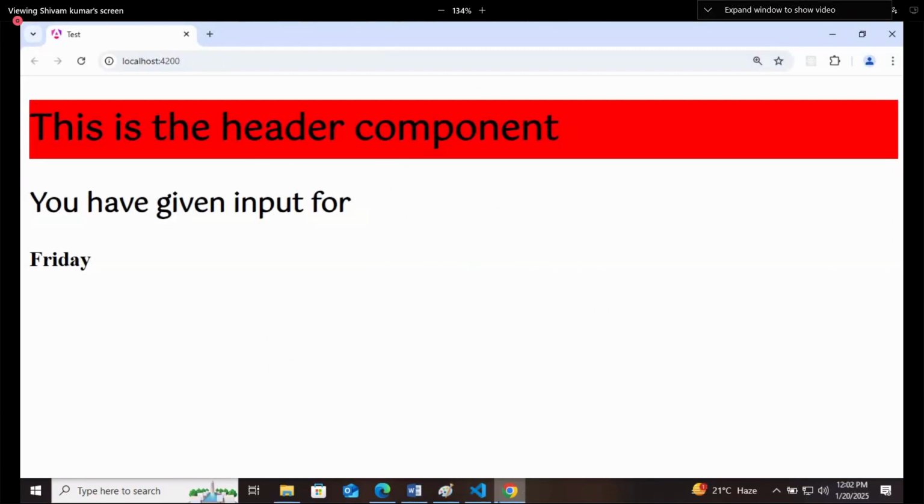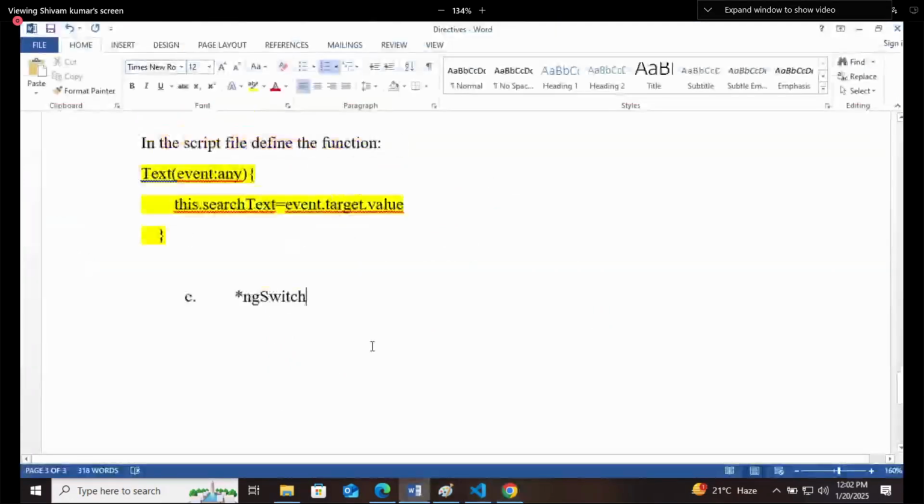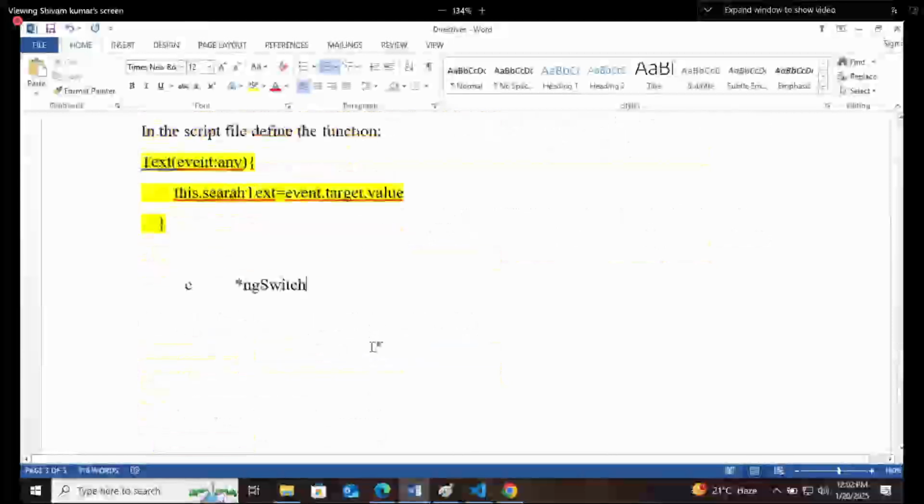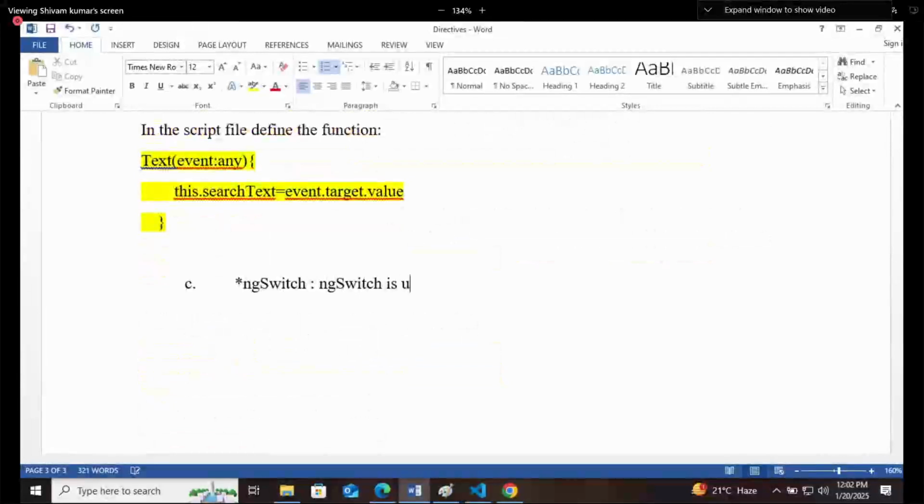Okay. Steps are again the same for ngSwitch. ngSwitch is used when you have to select one condition out of given multiple choices.